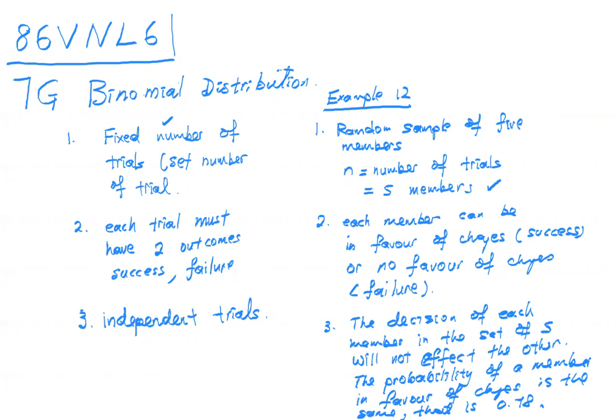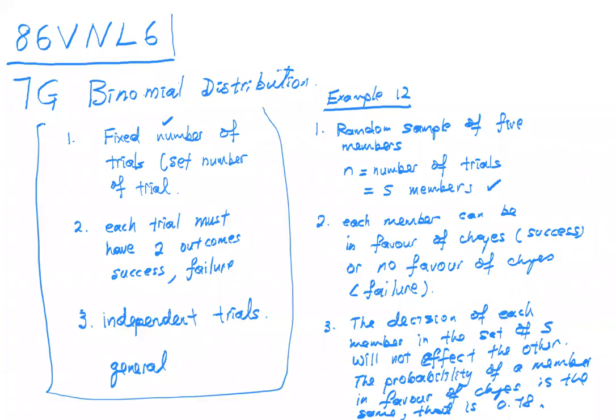So these are the general statements. This is according to the specific situation. So if in the exam I ask, what are the criteria for this situation to be a binomial distribution? If you state any of these, you get 0 marks straight away. You have to state like this. Do you get me? Are you okay? So it must fulfill all the 3 criteria.